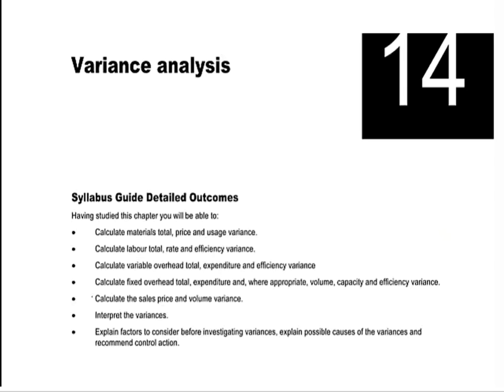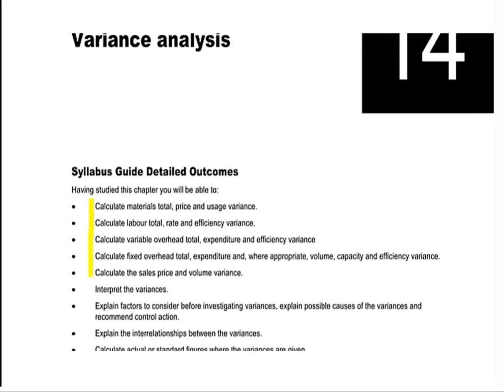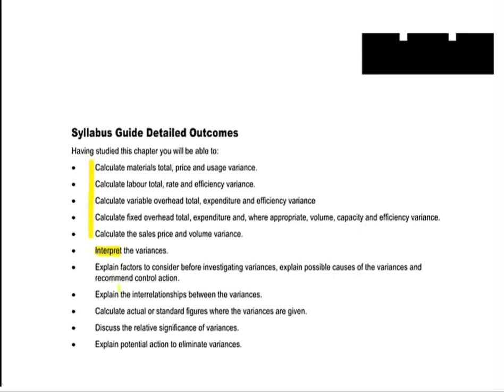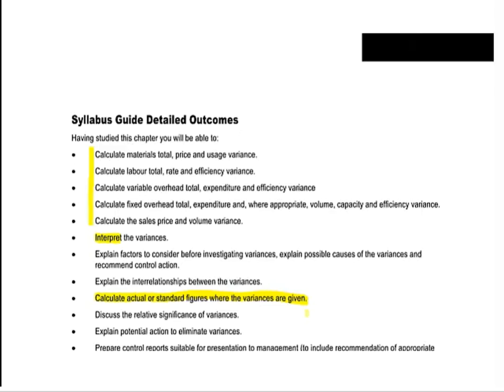What we're going to be doing here then is learning how to calculate all of the different types of variances. So we've got lots of different types of variances to calculate, and then we'll be looking at interpreting what these mean, so understanding what the different types of variances mean and what their implications are. We'll also be looking at how we can apply these to exam questions, so different types of calculations that we might have to do, actual figures or standard figures, so-called working backwards,